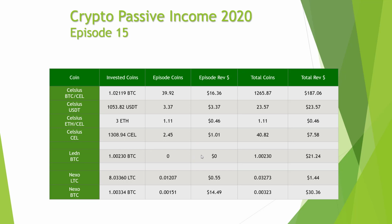Nothing for Ledn. As I mentioned before, it pays out at the beginning of each month. And then we've got our Nexo account. So we've got Litecoin, just 8 Litecoin. Again, a similar type thing. I was just testing out how Nexo worked with a few Litecoin that I found in a wallet. So we made 55 cents from that. And then our Bitcoin loan,